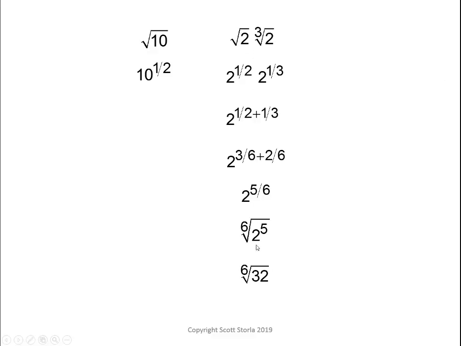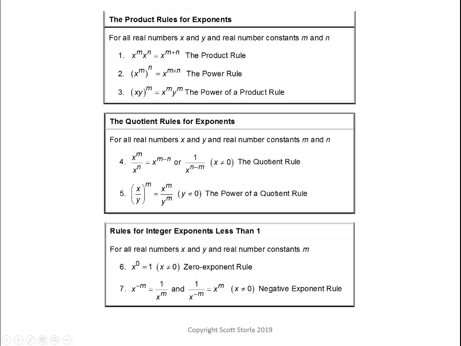So I'm not expecting you're following this necessarily. I'm just trying to make a point. If we can rewrite roots in exponential form using rational exponents, then we have available to us all of the exponent rules which we've used before. Now I know that most students aren't especially comfortable with the exponent rules yet, but that's a good reason to be practicing them again. The ones that we'll be using most of the time when we deal with rational exponents